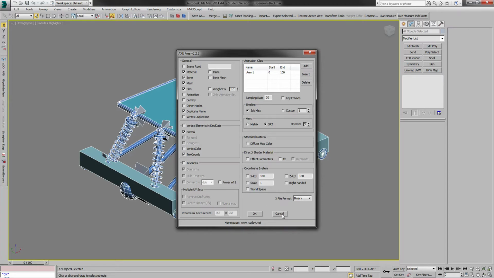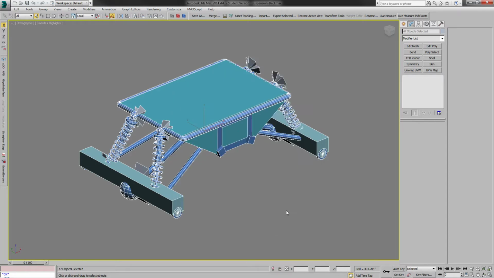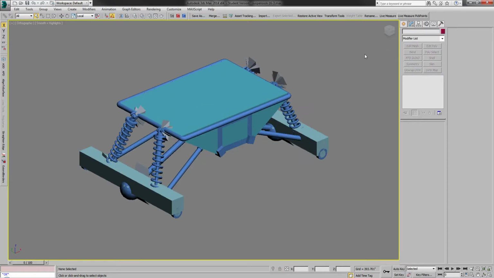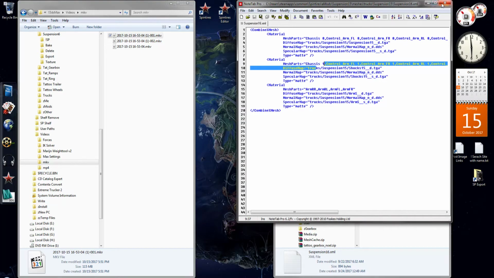I already exported, so I'm not going to do that. I'll also keep it on binary. You can keep it on text if you want, or compressed. I just use binary. I think that's it. I want to start up the game to show you